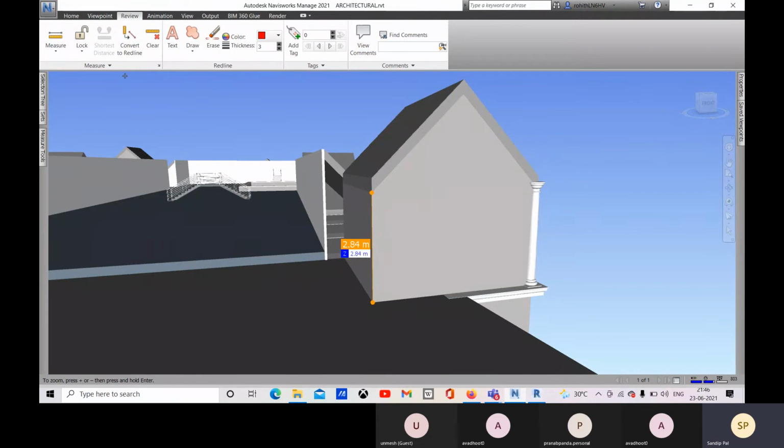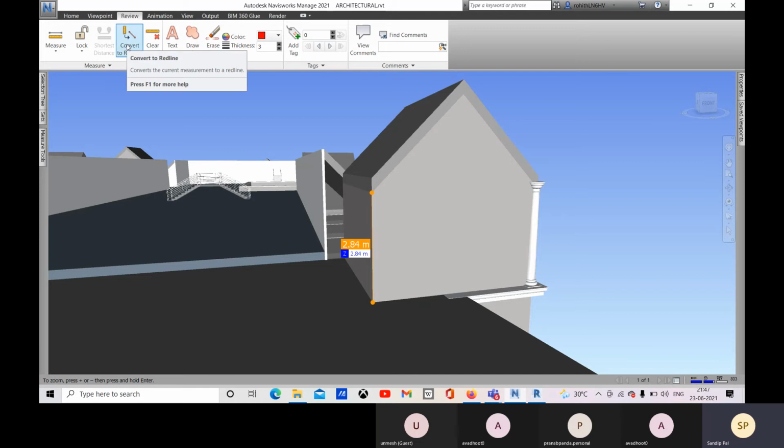But just think, if you fix that color and you are reviewing and walking around all over your model, it will show up. It will not look good, right? So what if I save this measurement as a red line in a particular view? Only in that particular view it will be visible. That will be a great option, right? It will not create any hindrance for other views when I'll be viewing my model.